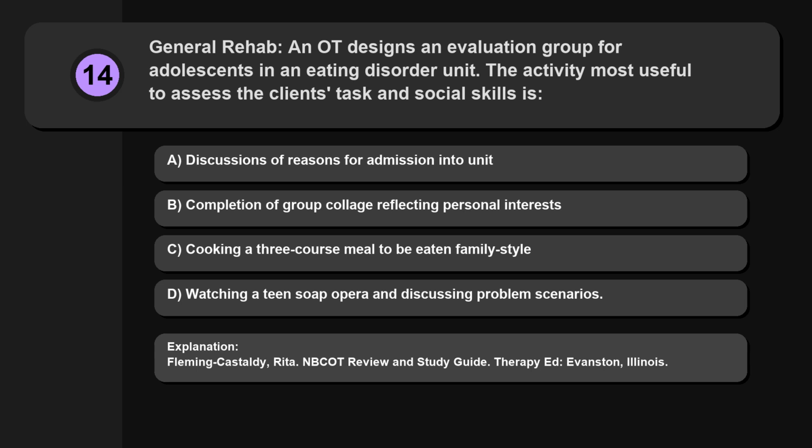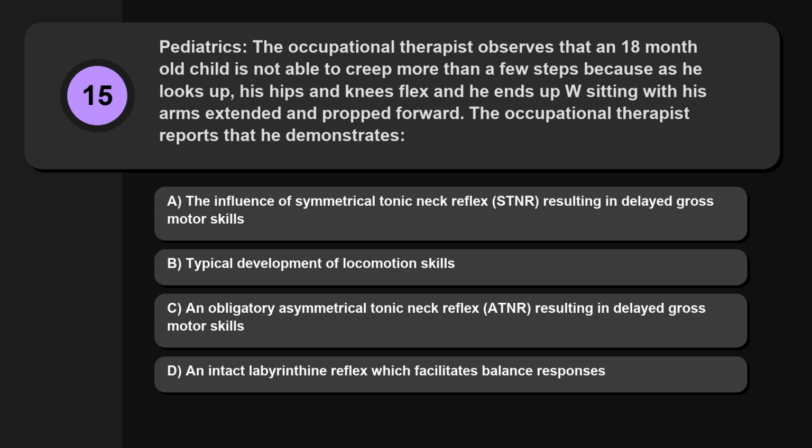Therapy Ed., Evanston, Illinois. Question 15. Pediatrics. The occupational therapist observes that an 18-month-old child is not able to creep more than a few steps because as he looks up, his hips and knees flex and he ends up sitting with his arms extended and propped forward. The occupational therapist reports that he demonstrates, option A, the influence of symmetrical tonic neck reflex, STNR, resulting in